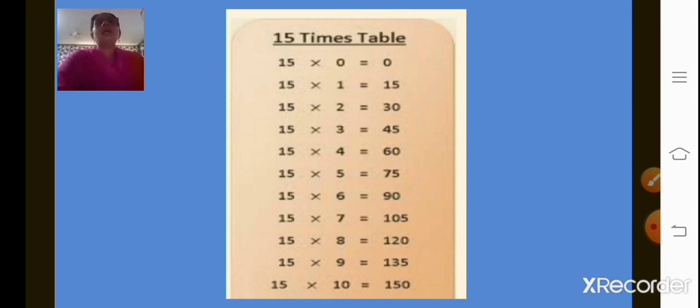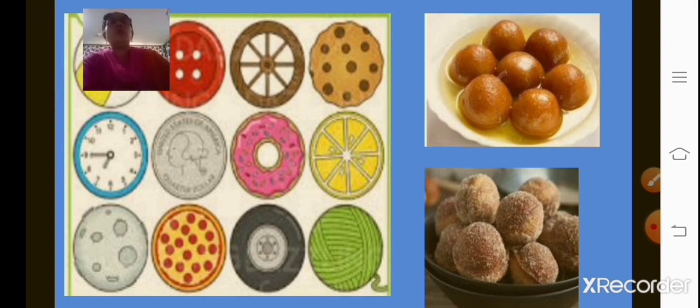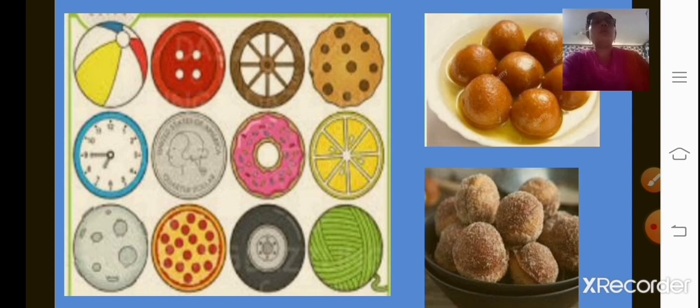Okay, now children, can you just recollect some of the things in our day-to-day life which are round in shape? Yes, can you just think of something? Seeing these pictures, you can make out that some things in our day-to-day life are round in shape.